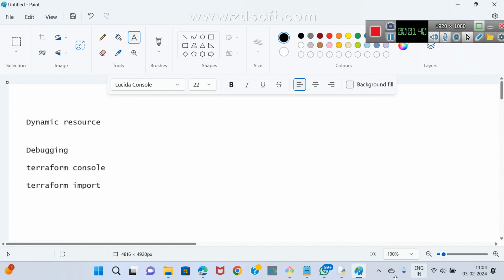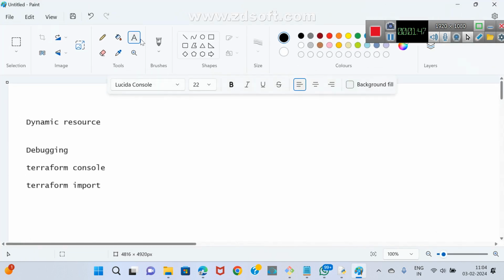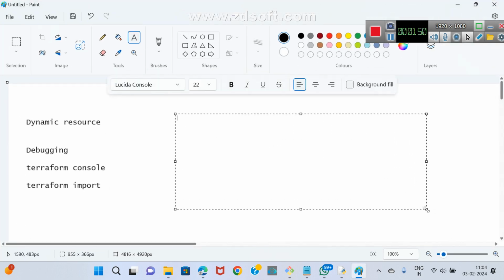First, we go for the dynamic resource. What is the speciality of dynamic? If there is no dynamic resource, what happens? We'll try to discuss in that. Suppose you want to create a security group. Generally, what we may write? Resource aws_security_group. This is the predefined. Maybe group name VPC for SSH. Generally, what you may write, at least guess it, what you may need here.